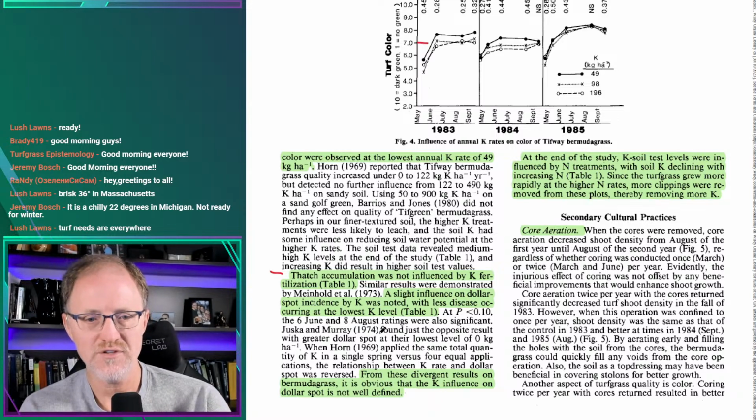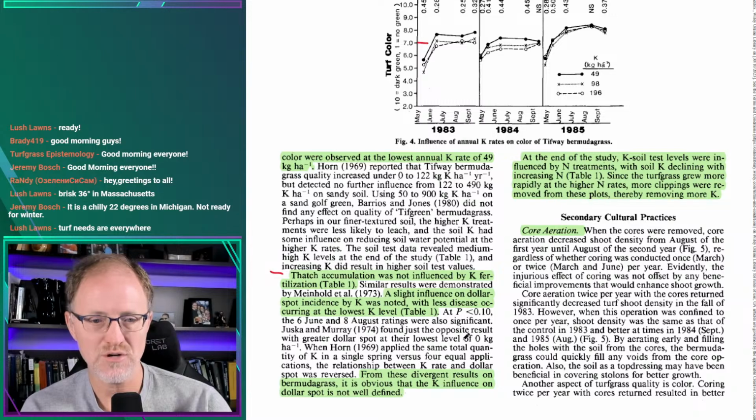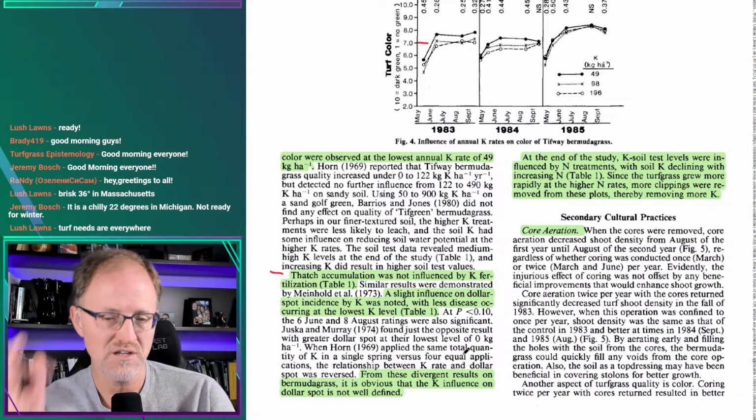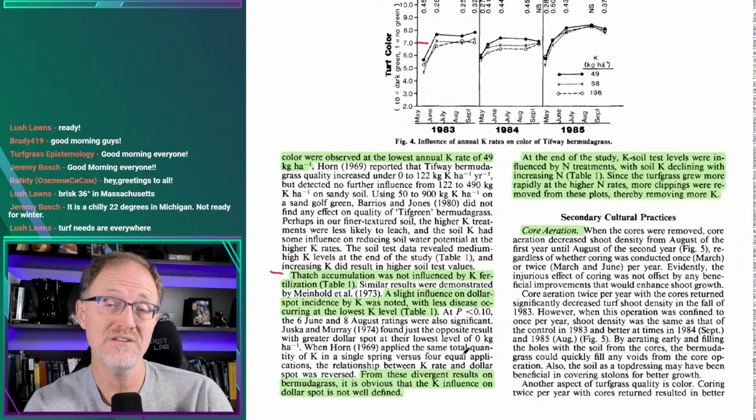So he talks about the jury in Juska and Murray in 1974 found just the opposite result, with greater dollar spot at the lowest level. And Horn in 1969 applied the same total quantity of potassium in a single spring application versus 4 equal applications, and the relationship between potassium rate and dollar spot was reversed. So we'll see, again, literature where we see more potassium, less potassium, and even today, we will see excessive amounts